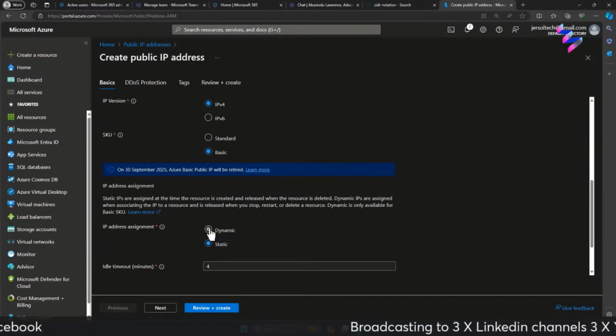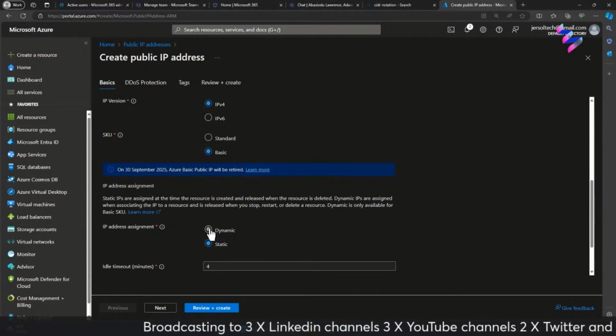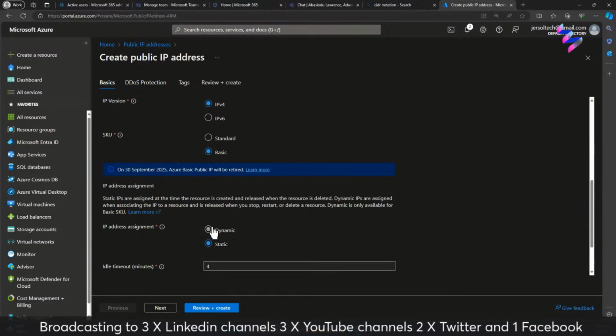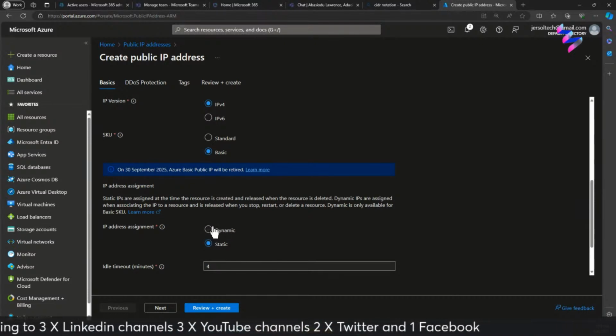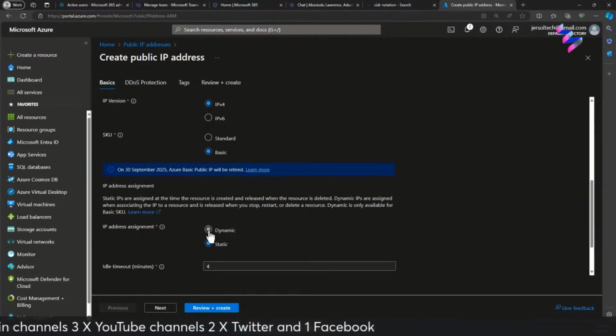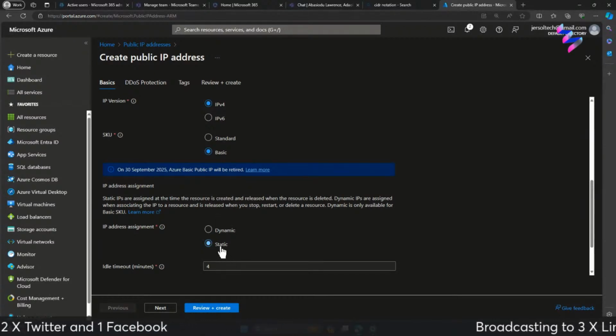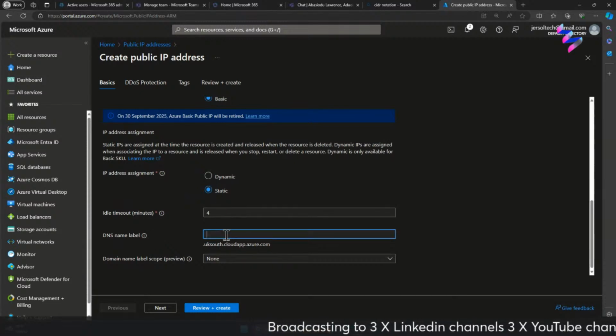So if probably you already created a public IP previously and you used the dynamic, you would need to change it to the static so you can actually make this change. So I would just, DNS label, I can just label this as